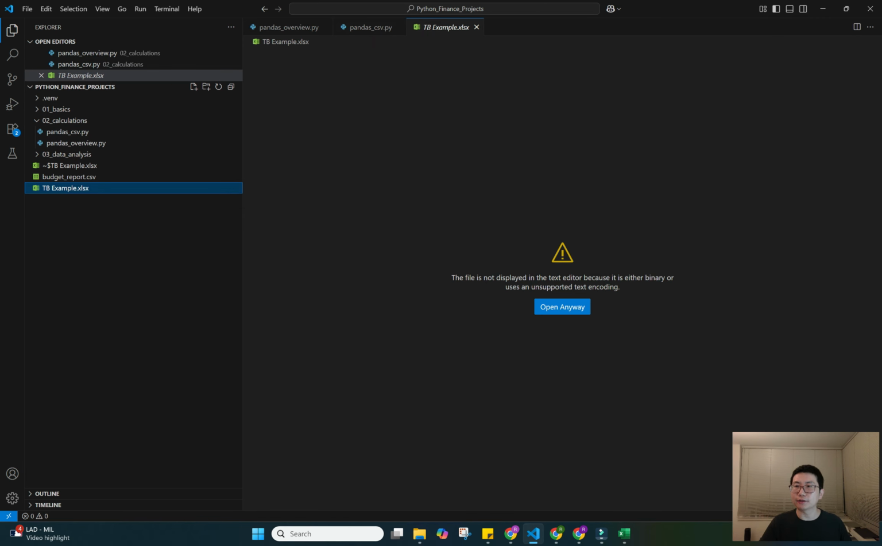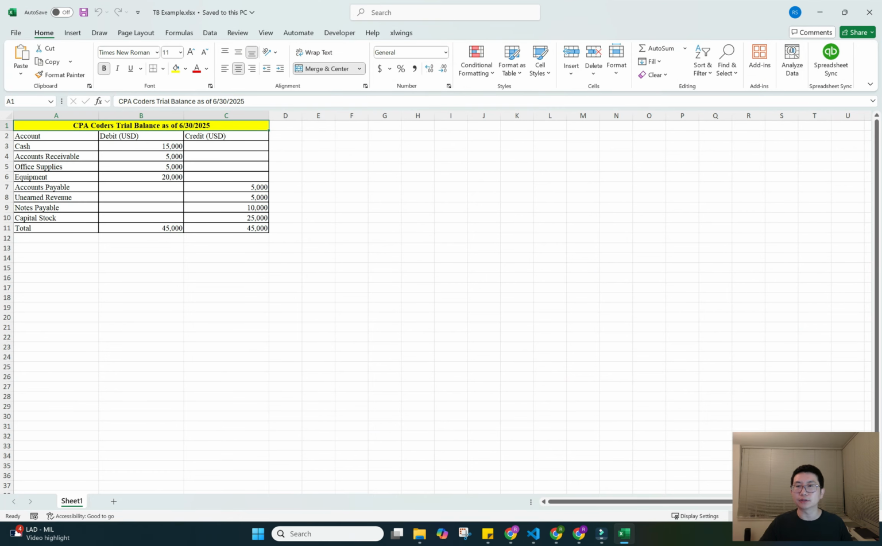Within the folder, I have created an Excel file called trial balance example. So let me show you what this looks like. This trial balance is a CPA folder trial balance as of June 30, 2025. So my first row is really just what the trial balance is about. But the real data comes from the second row to the 11th row. So when I import this into Pandas, all I really need is the header starting from the second row,